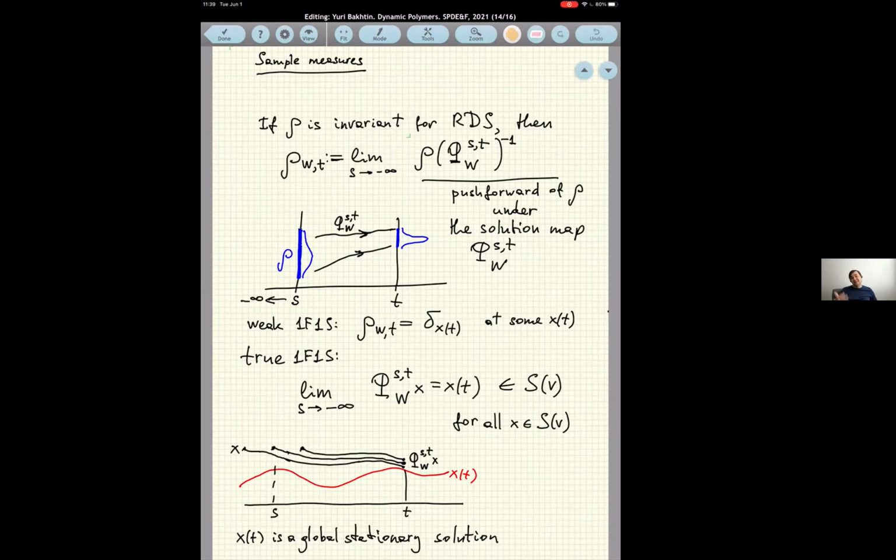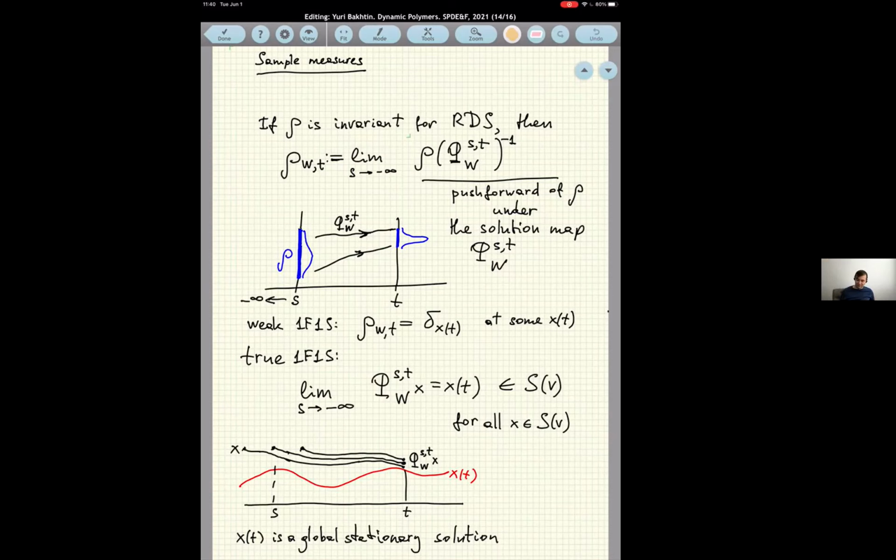And in the case where there is contraction in the system, like here, you have monotonicity and certain contraction. You can deduce that. Then you have this one force, one solution principle where the history of the forcing determines the present value, the present configuration of the polymer uniquely, and you end up with this. For each value of the asymptotic slope v, you end up with a unique global solution in this way.